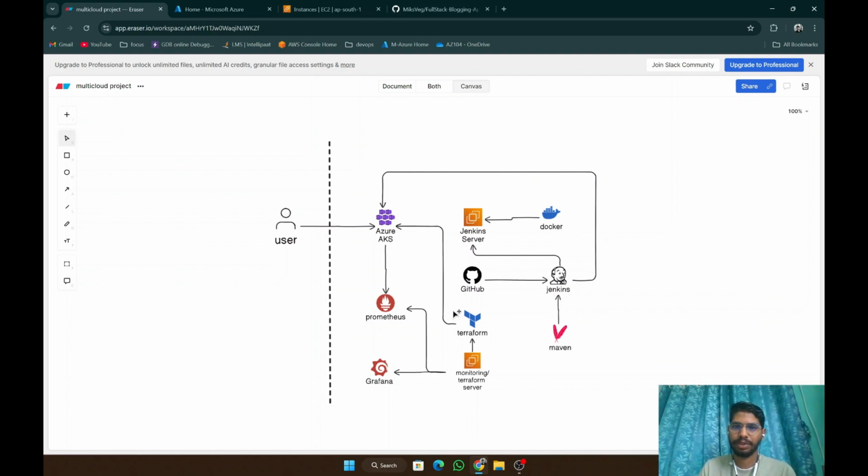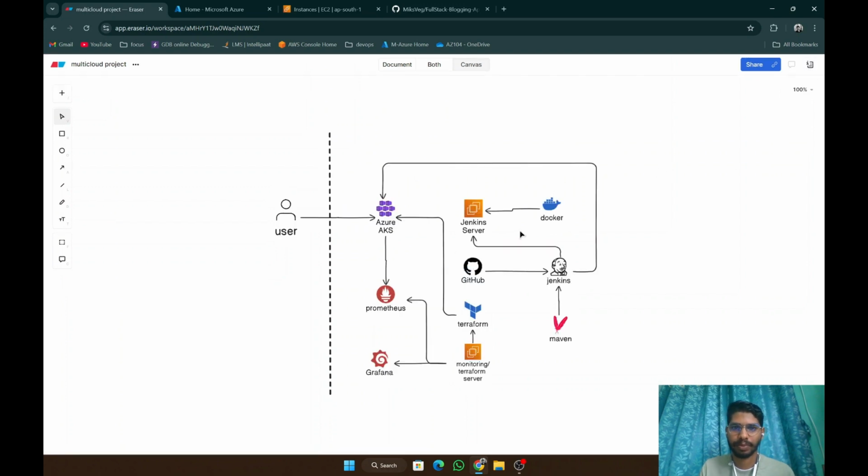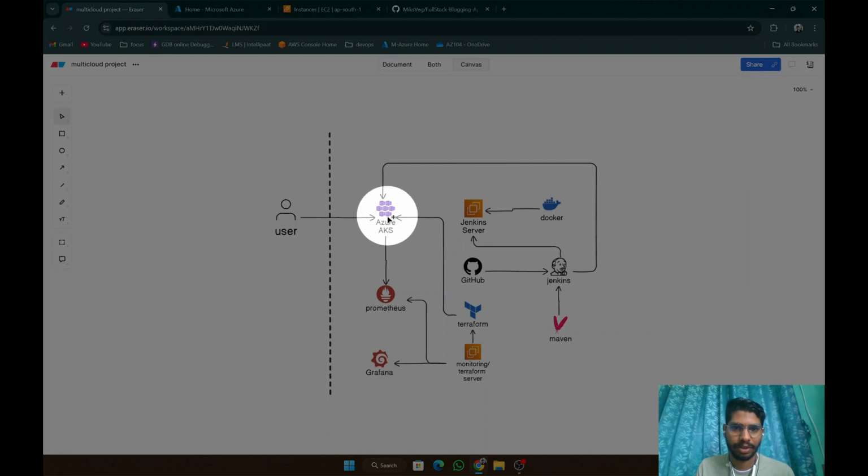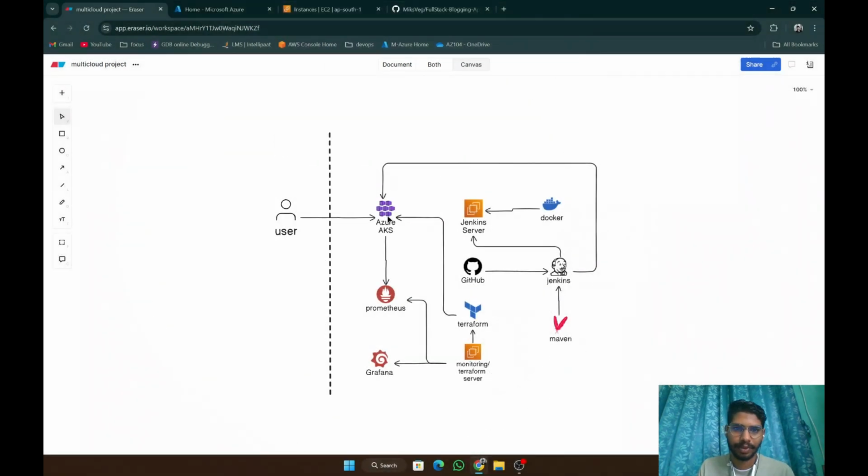So first I will discuss this project with you. You can see a user will interact with Azure AKS, right? Azure AKS. And after that,